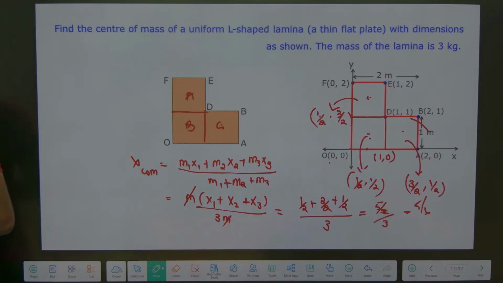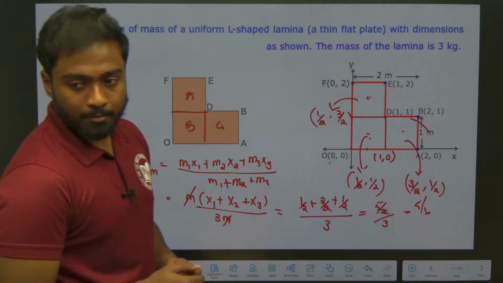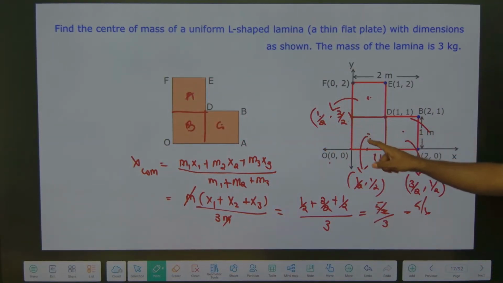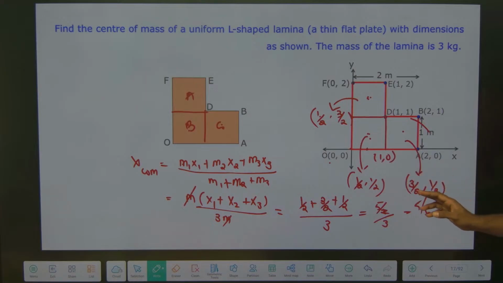Same 5 by 6. Same 5 by 6. Because 1 by 2, 1 by 2, 3 by 2. Here 3 by 2, 1 by 2 and 1 by 2. Right now? Same. You can take a note of this. So x center of mass, y center of